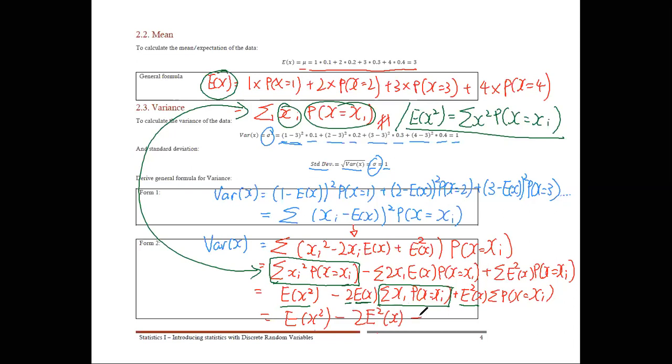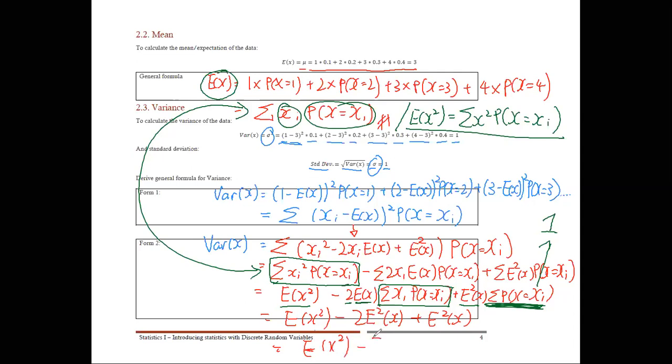Okay, followed by the last term. What is the sum of all the probabilities? This is actually equal to 1. So the last term here will just be E squared(x). Okay, so that's it. We can simplify it and you will get E(x squared)